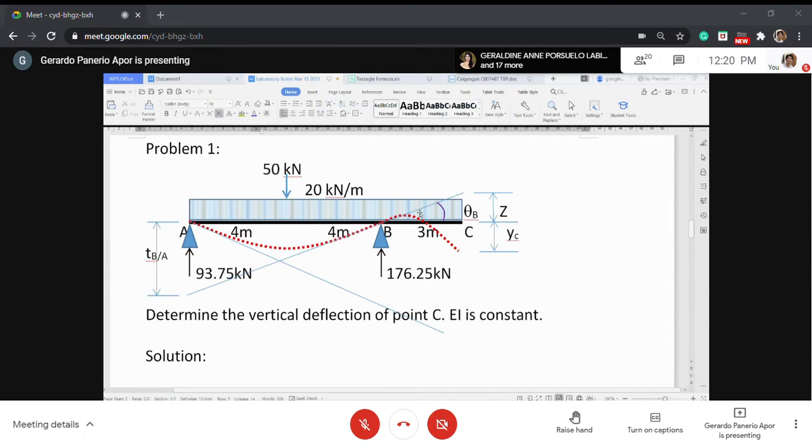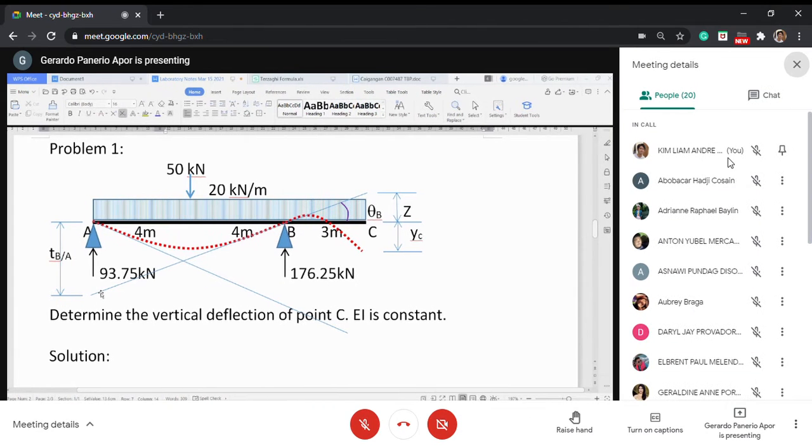So this line is a tangent line at E and a tangent line at B. Now I'm interested in determining the tangential deviation of B with respect to A, and I call this TBA. So tangential deviation is governed by the secant theorem of area moment, no, that